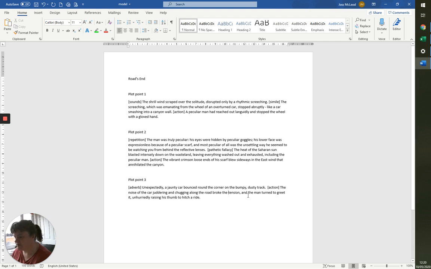The noise of the car. I'm going to put in another cheerful word there. Perky car. I think it's quite cute as it comes around the corner. Right, last sentence. I want to take it up to where the guy talks. And you don't have to stick to what he actually says. You can change it if you want, but I'm going to go pretty much for what he says, which is